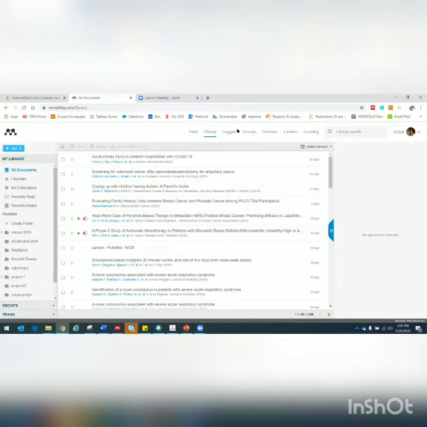So you can actually download those articles directly from the suggest option. Then we have groups. In groups, you can create groups. Each person can create up to 5 groups, and each group can have up to 25 people. In those groups, you can share full text articles with each other, right? That is the advantage of having private groups.